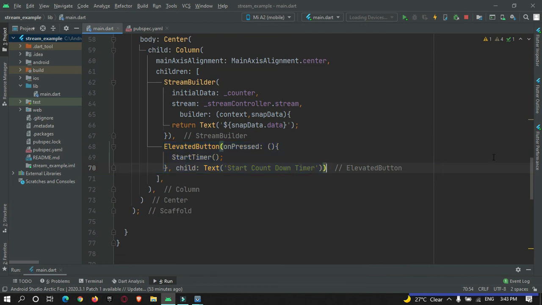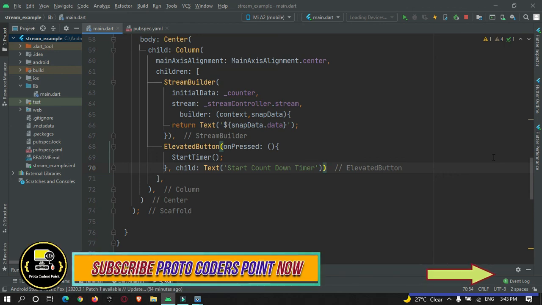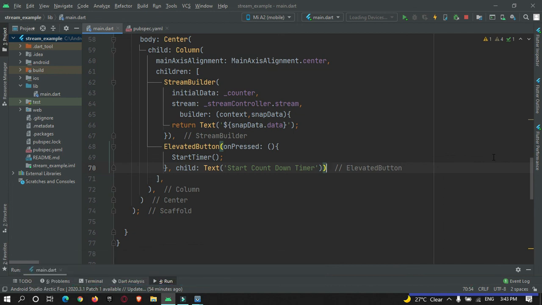Okay, so this was the first part, the basics of the stream controller in Flutter. In the second part we are going to make a network call to our API to get cryptocurrency prices, and in our app the cryptocurrency price gets changed every 2 seconds or every 1 second. So we are going to make use of stream controller to fetch the data from the API and show it in our app. Please watch that video tutorial after watching this part.